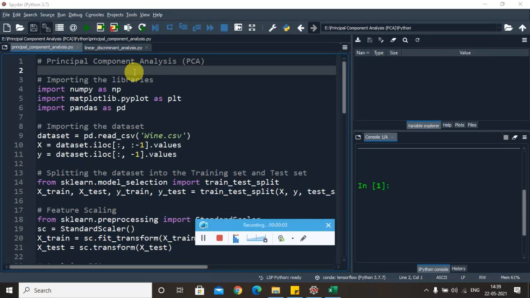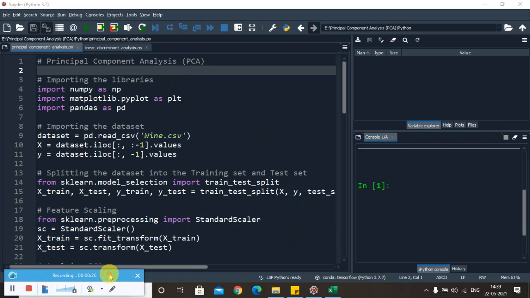In this session we are going to see dimensionality reduction techniques in machine learning. There are two main types of dimensionality reduction technique. The first one is feature selection and the second one is feature extraction. So in this session we will cover the feature extraction techniques, which are principal component analysis (PCA) and linear discriminant analysis. Along with PCA we are also going to focus on kernel PCA. So let's start the session.